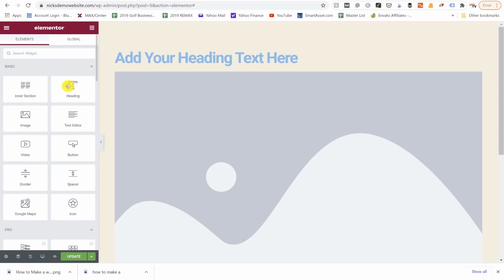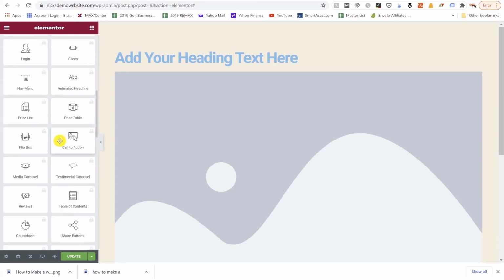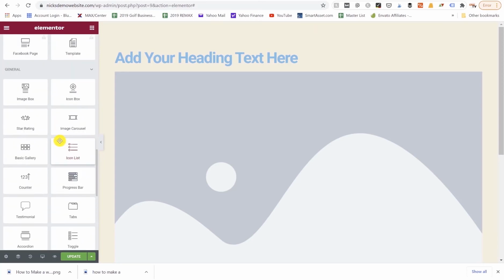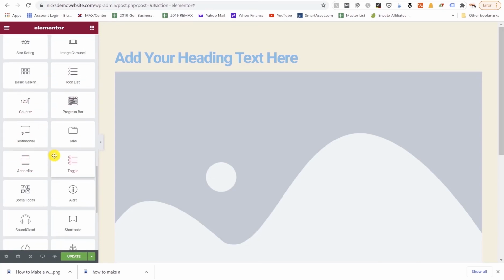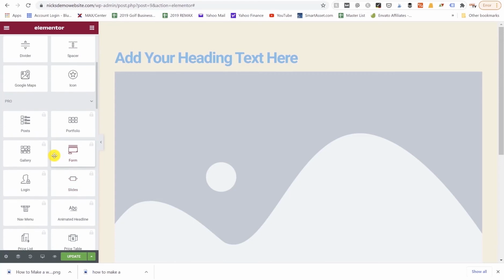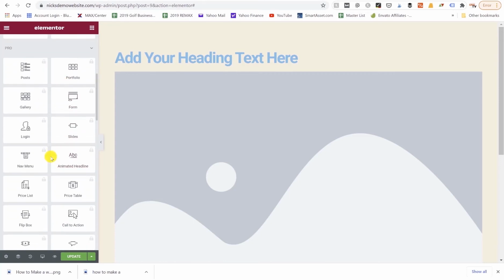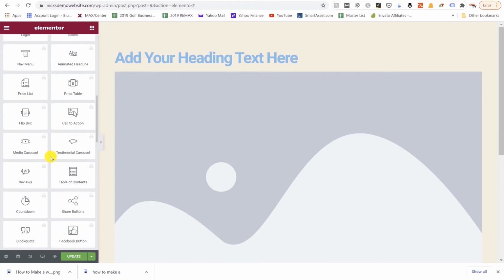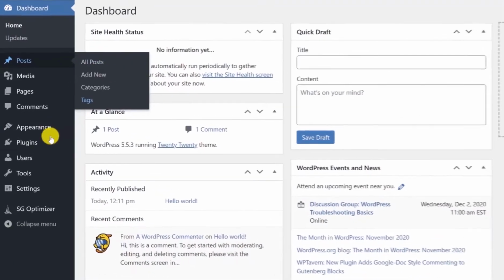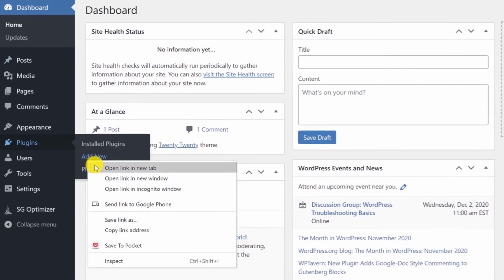It's super easy to use. It's got a lot of great widgets here under Basic. And as you scroll down here under General, there are also a bunch of great elements here you can use as well. Now there is a pro version you have to pay for. That'll unlock additional elements. But we actually have another plugin we install called Essential Add-ons. So if we ever went back here under plugins, you go to Add New again. You could just search for the